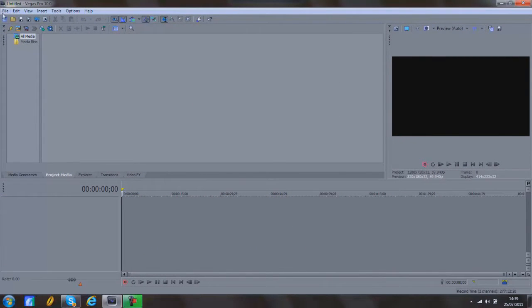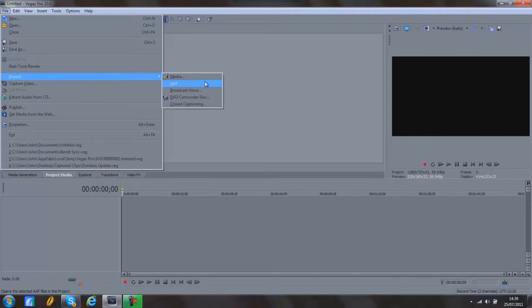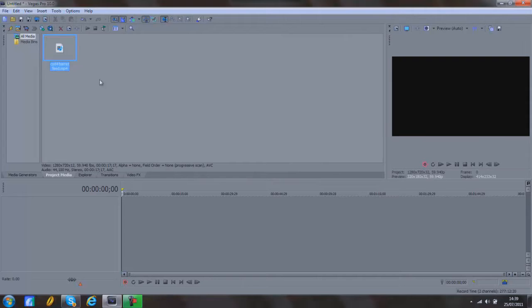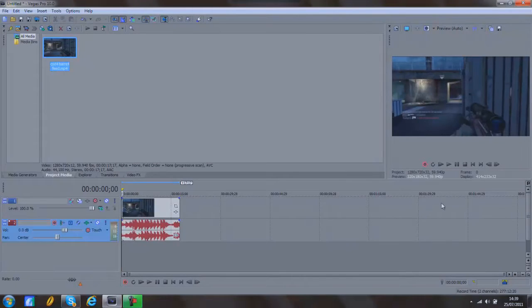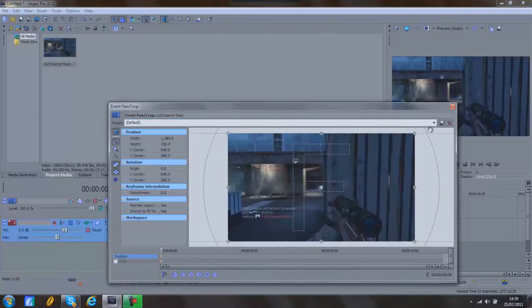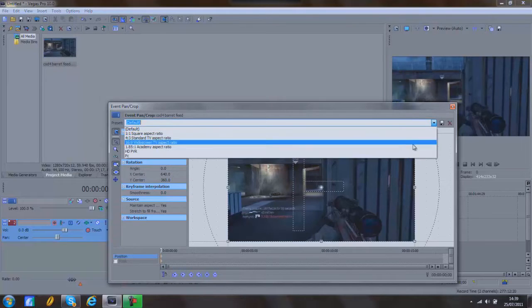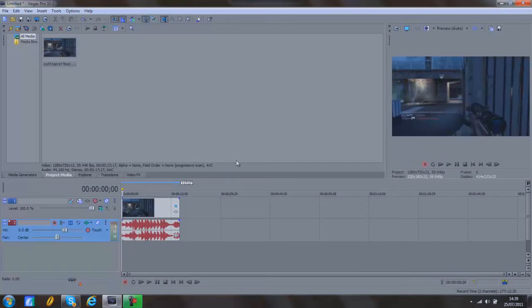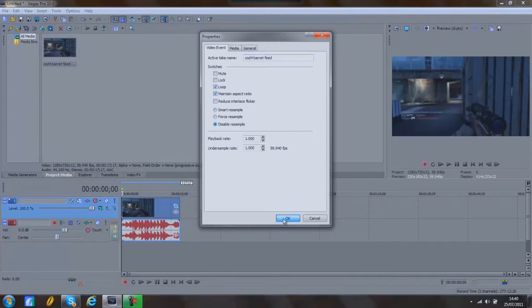So when we're in here, you obviously want to import your clip or whatever you are using, whether it's a picture or whatever. So I chose a dark map, and this is Zeke's clip. As you can see, it's wet work. The other dark map you can use is also Vacant. So you want to do the obvious things like get rid of the black line by just going to that button there and just bringing it in a bit to get rid of the black line. And then you want to go to Properties, Disable Resample,